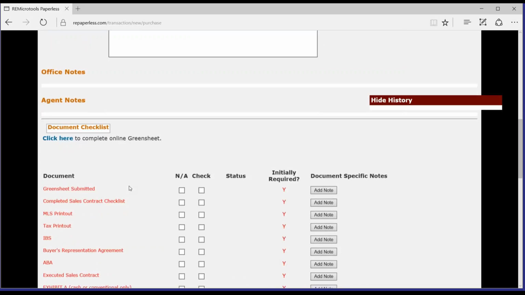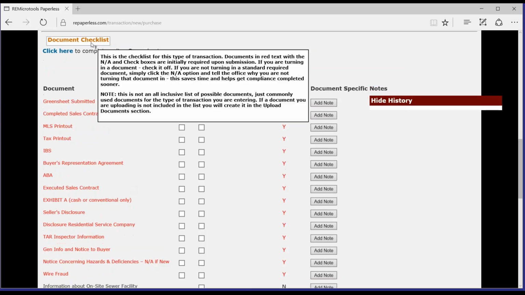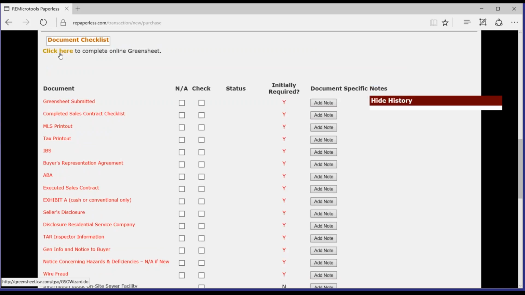We'll scroll down a little bit further and we'll go to Document Checklist. You'll see that there is a link here that we can click on to go to our online green sheet. Our online green sheet is what gives the MCA department the details of the transaction and the commission so that we can prepare a commission disbursement authorization, also called a CDA, for you. The green sheet completion instructions will be in a separate video, but there is a quick link to it in